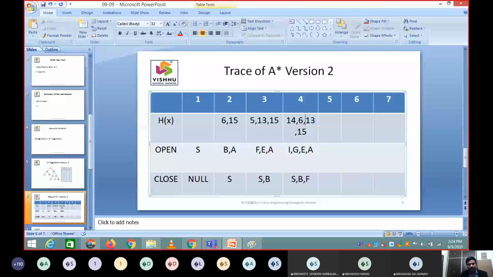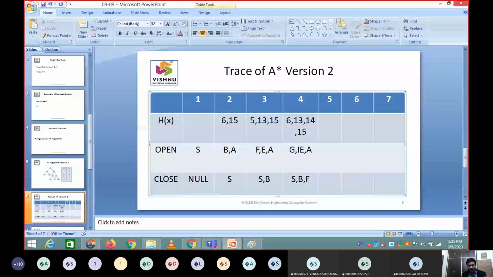So you have already sensed that G is in your open list, and G is the goal node. I am just not bothered about all the other things. There is 14 also; we are just shuffling to have G here and I here.